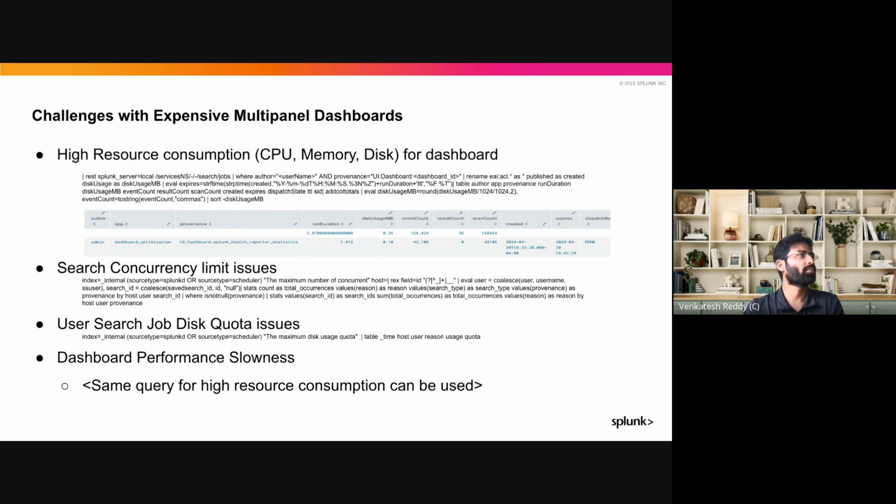Next, once we get that, we'll develop dashboards and reports based on the requirements that we gather. But when developing the dashboards, what if we have expensive multiple panel dashboards? The challenges that we have here are mainly three: high resource consumption dashboards, the second one is concurrency limit issues, and the other is search job disk quota issues. First, let's talk about high resource consumption